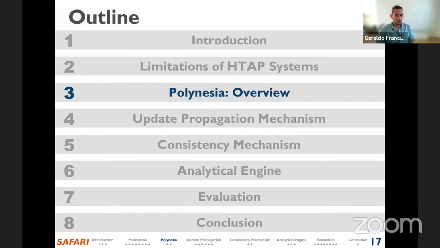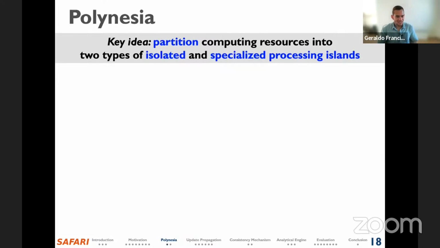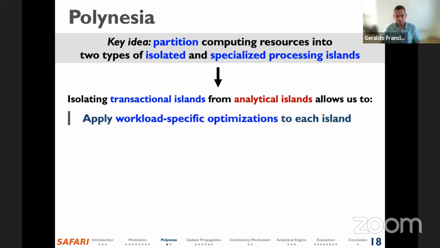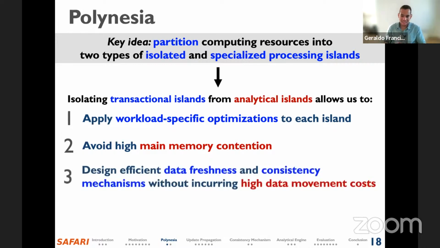Next, I'm going to give an overview of our proposal, which is called Polynesia. The key idea behind our mechanism is to partition the computing resources into two types of isolated and tailored processing islands, where each island is dedicated to either transactional or analytical workloads. By isolating transactional workloads using transactional islands from analytical workloads using analytical islands, we can apply workload-specific optimization to each island, avoid high memory contention, and also design efficient data freshness and data consistency mechanisms while maintaining data movement overhead